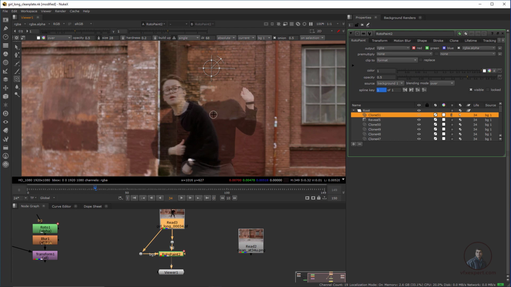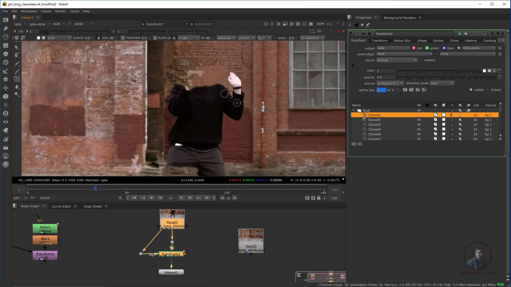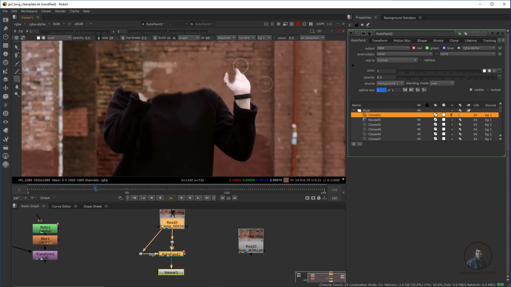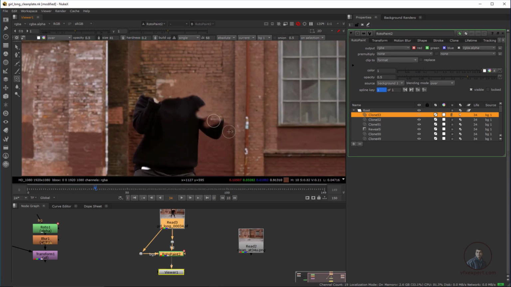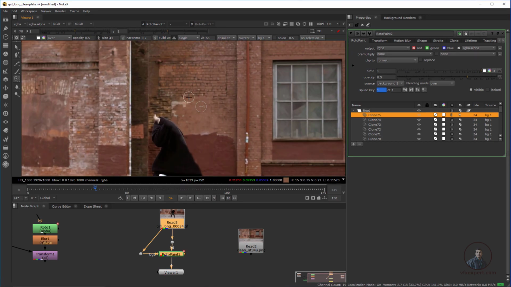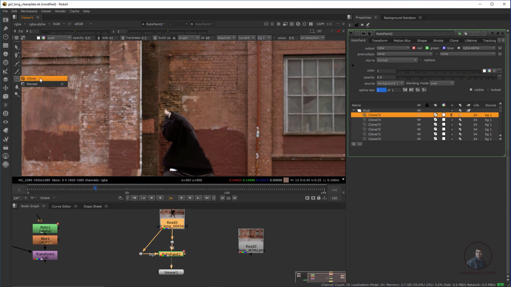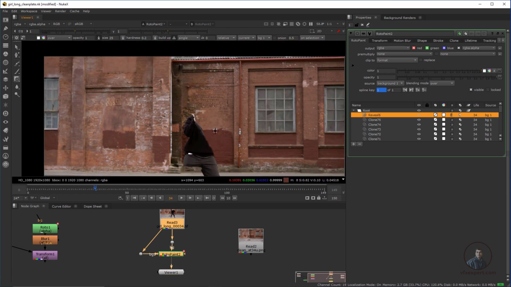Again press T, so you can see which portion you can remove. I think this portion also we can remove with reference frame 68. Okay, so you can see this portion, the whole thing we can remove. So now just remove. So this is actually a perfect method for creating a clean plate with the help of sequence paint. Now till this one I have cleared with clone out here. Now again take a reveal, and if there is any problem then you can reveal. Okay, so later we will select another reference frame and we will remove this one.